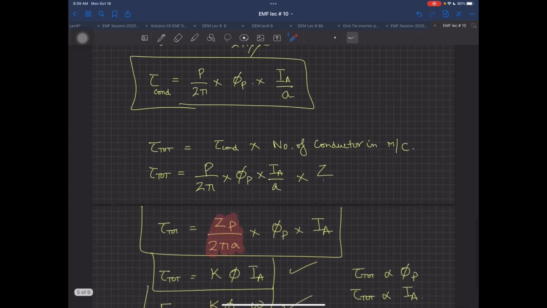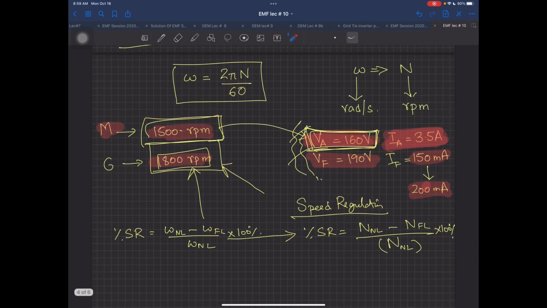Just like this lab, as I just told you, in the lab you have a 3.5 ampere current rating. For the series machine, someone told over here that 3.7 ampere is the current rating. So that's why it is 3.7 ampere. It's a little different from the other one, but otherwise the normal value inside your lab equipment for the armature current is 3.5 amperes.